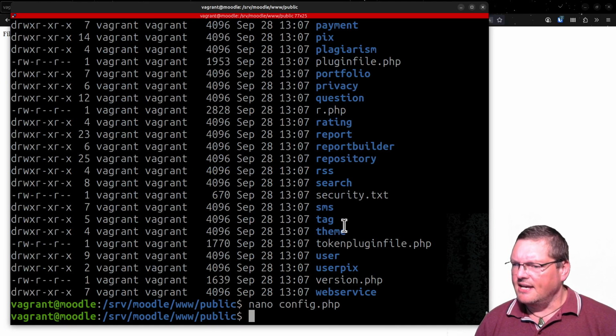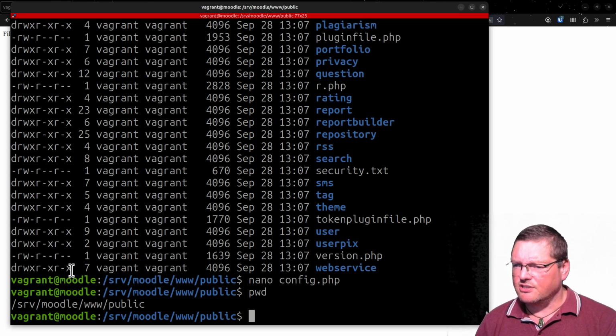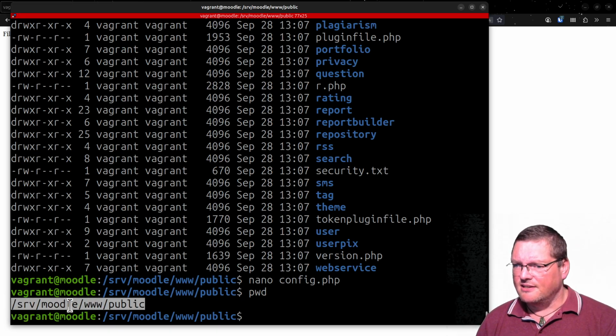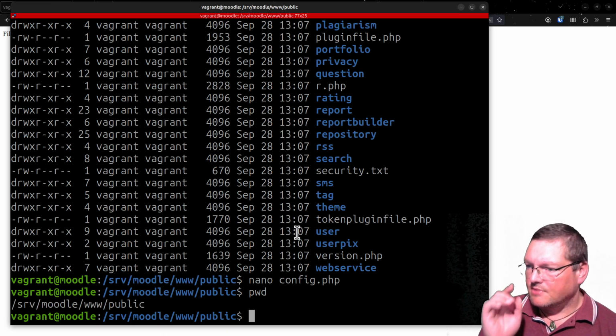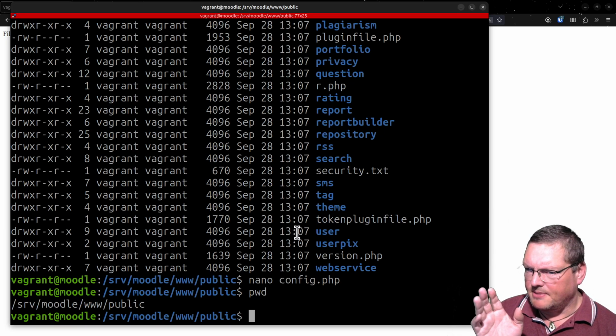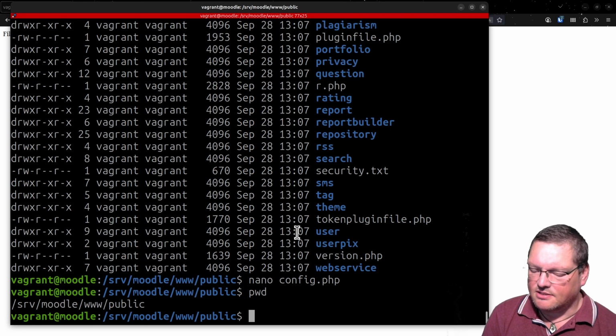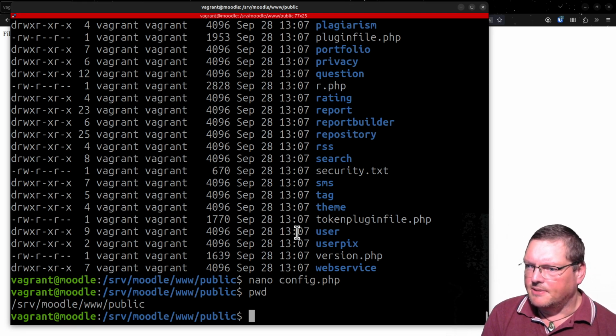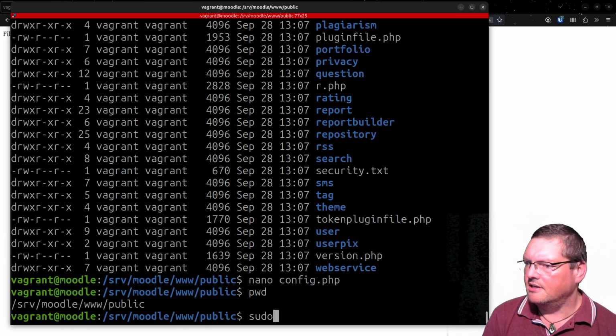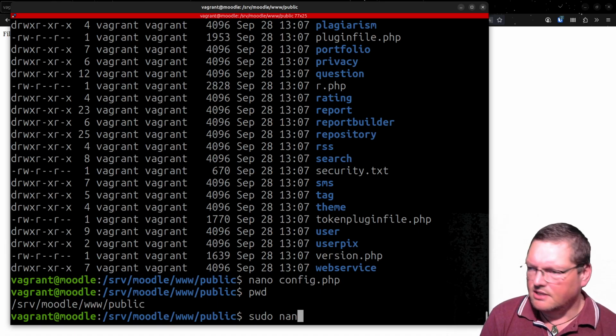So what we've got to do now, PWD, is we've got to actually tell our web server software to send the requests to this /srv/moodle/www. That's where it originally was, but send it also one directory further down into the public directory. So let's change that now. I'm currently on Nginx. If you're on Apache, I think I demonstrated that on the Apache part of the r.php video. Anyway, I'm pretty sure I've got other videos on that, but sudo nano